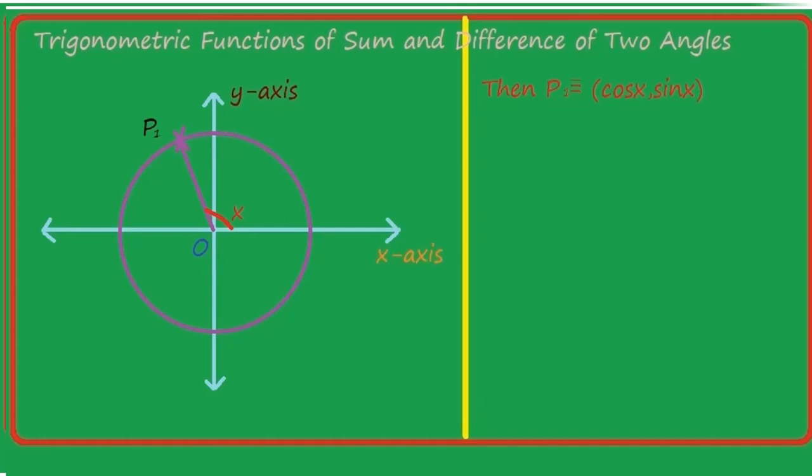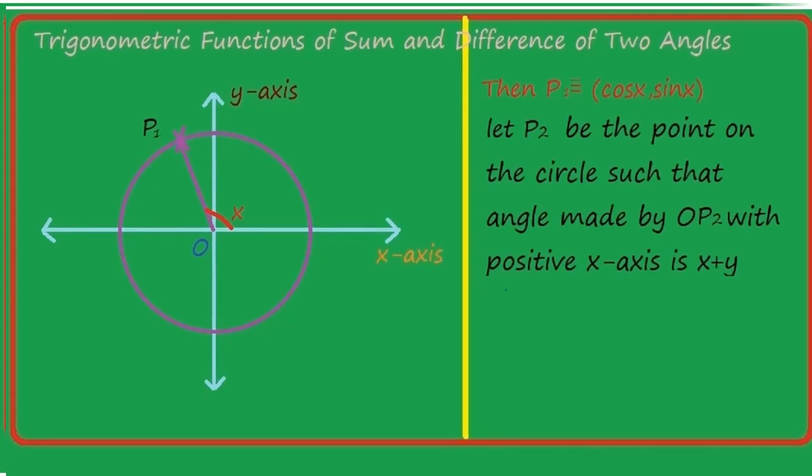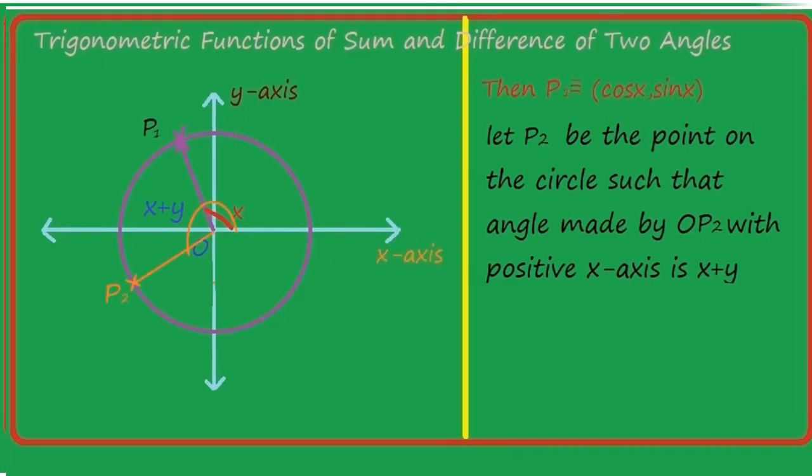Now you take a point P2 on the circle such that the angle made by OP2 with the positive x-axis is x plus y. Like that you have to mark the point P2. Here also, while marking P2, let it be at an angle of approximately 200 degrees, and the angle made by OP2 with the positive x-axis is x plus y, and the angle between OP1 and OP2,